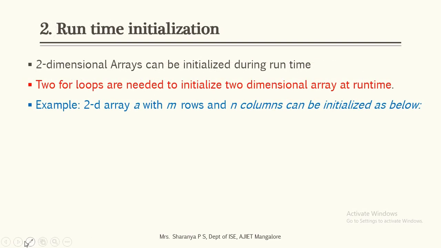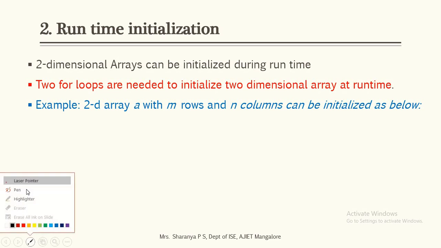Next we will look into the second category of initialization, that is runtime initialization. That is, during the execution of the program, if we are setting some values to arrays, then we call it runtime initialization. We have looked at one-dimensional arrays as well, and how we can set some values during the